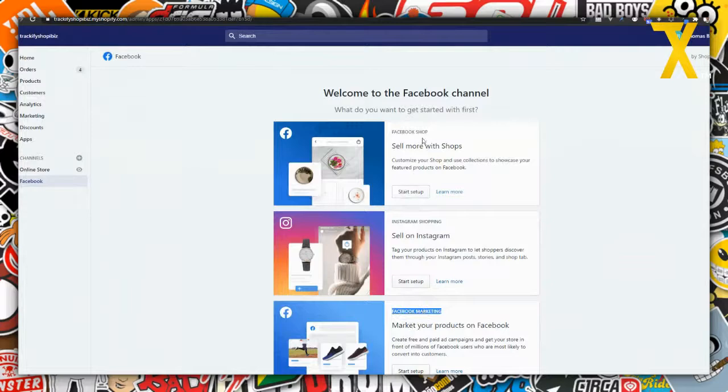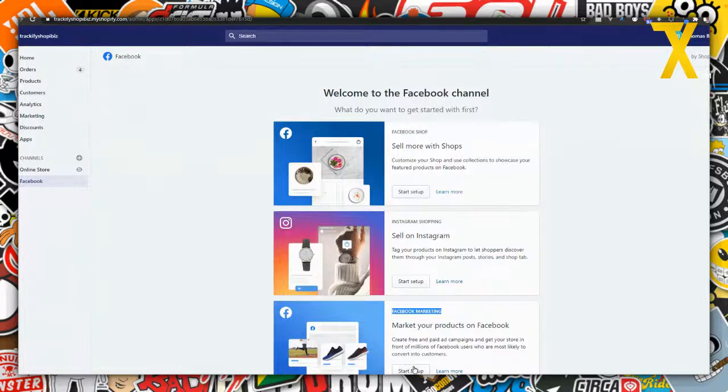Okay, so there are basically these three functions here to this. You can set up your Facebook shop as a Facebook shop on a page on Facebook. You can sell directly on Instagram through Instagram shopping. And you can do Facebook marketing, which is basically managing ads through this app. And you hook up a single ad account and a single pixel in a single business manager to that. And it's very kind of tightly restricted and narrow.